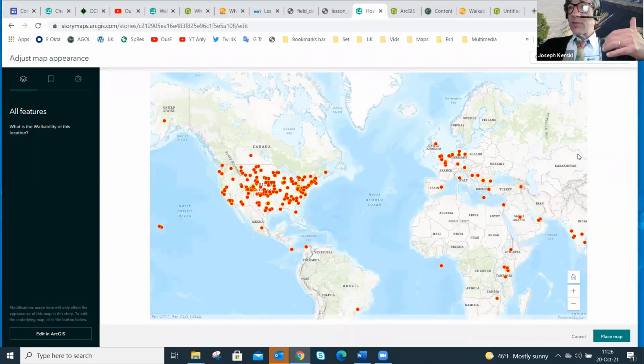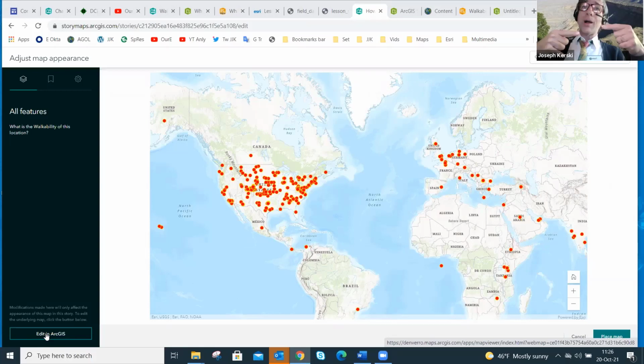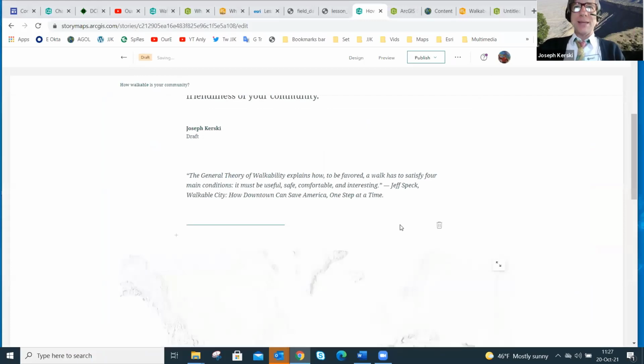Let me scoot a couple of zoom windows around. See, in the lower left here, you can see edit in ArcGIS. I can actually edit this right now to say, I want the symbols to be walkable or not walkable, or I want the symbols to be branches, snow, wide path or sidewalk, or some other indication that I have collected with my survey data. So I can go back into editing it at this point, or at any point in the future. But again, in the interest of time, I'm liking that pretty well as it is, so I'm just going to go ahead and place that.